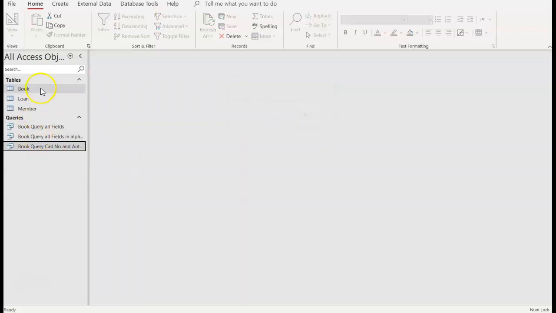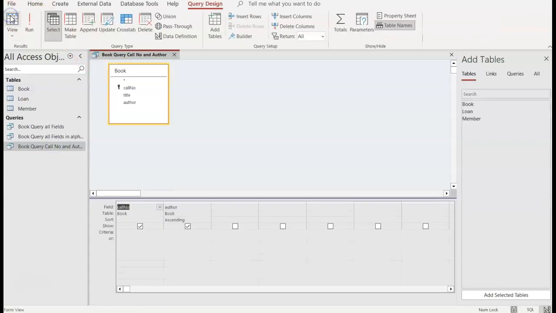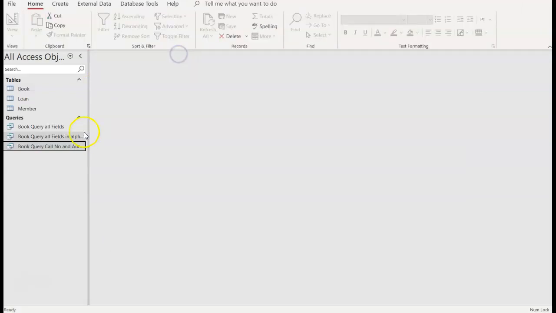And there we have 3 of them. So we started with 3 tables, and now we have 3 queries. And we'll get into more working with the queries and going into design view so we can work with the show and criteria or. And if you wanted to, let me close out of here and go into the one